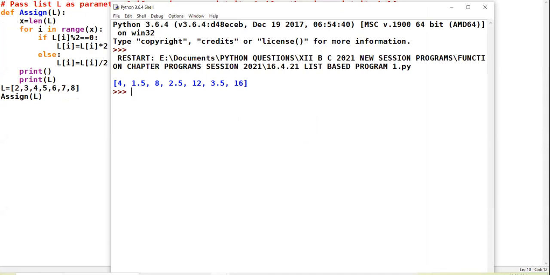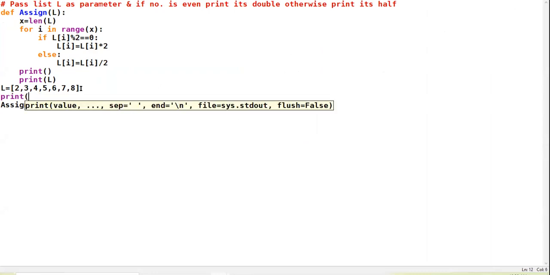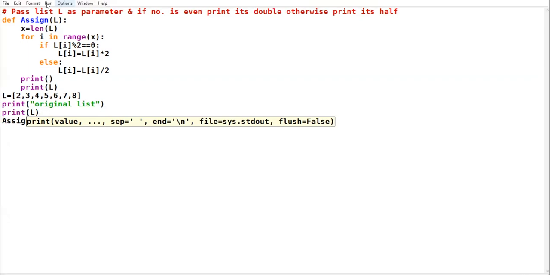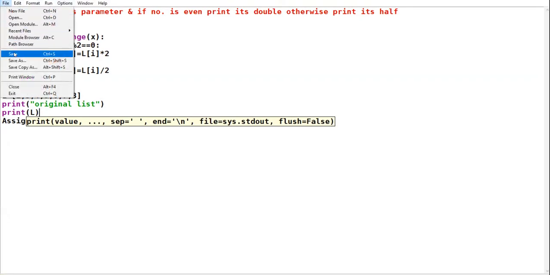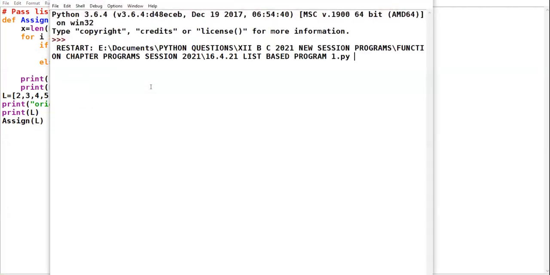To make you more clear, I do one thing. I print the original list also, Original list L, so that you can compare the change in the original list and the new list.